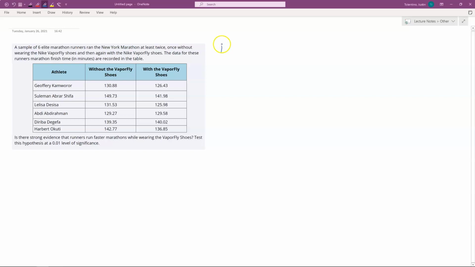As our first thing, we should define our parameter as well as talk about what the hypotheses are that we're going to test. So in this case, our parameter, we're going to be talking about a mean. And notice it's not going to be 2 different means because again, we're not interested in them separately, but really the mean of those differences, the thing that compares them to each other. And so this is going to be the mean of the differences. So the mean difference